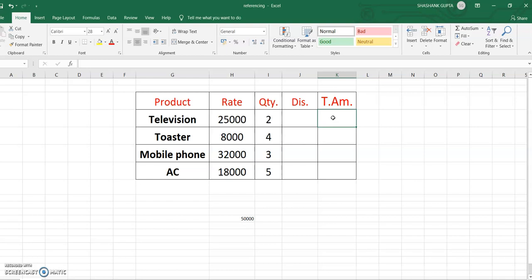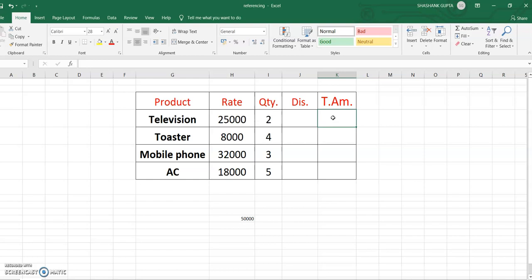The first thing is the formula, and the second thing is cell referencing, meaning in what position the data is situated, right? So in case of relative referencing, the formula is copied from one cell to another cell, but the cell referencing will be changed.